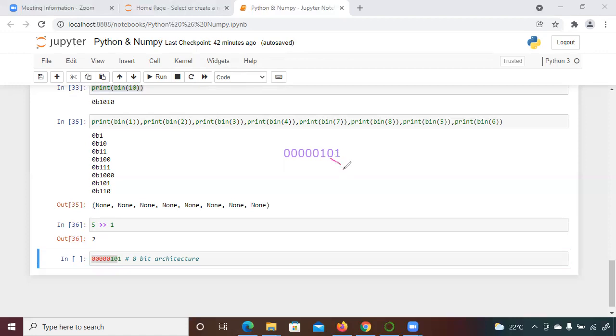The 0 will come here at the end. The 1 will come here. All the 0s will shift by 1. So this 0 will come here, this one will come here, this one will come here, and this one will come here, and this one will come here. But again it is representing 7 only.